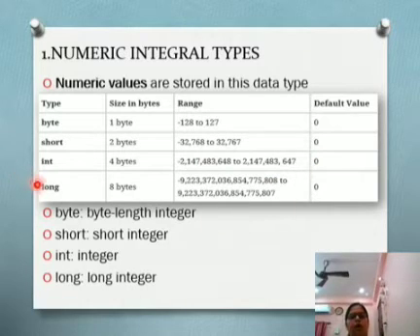In long, the size is 8 bytes and its range is this much, and the default value is 0. These are byte, short, int, long. These are all your numeric integral types.